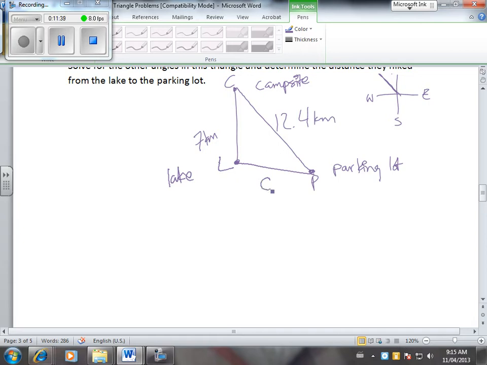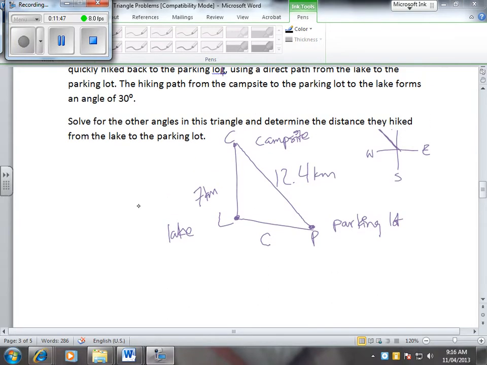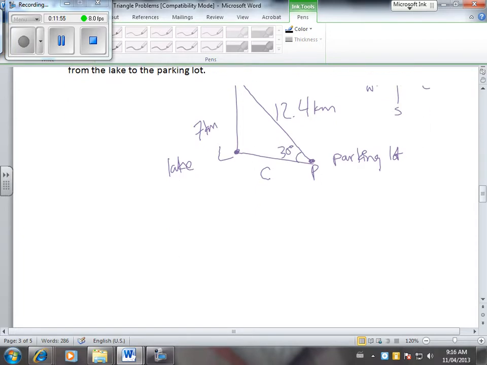So let's just take a second and look at what we have. Okay, and while directly north is 45 degrees, we are told here that from the parking lot to the campsite is 30 degrees. So we'll put in a 30 degrees here. And then let's look at what we have. So we don't have tons of information. We have 2 sides and an angle. And with 2 sides and an angle, so I've got that and I've got that, we can use